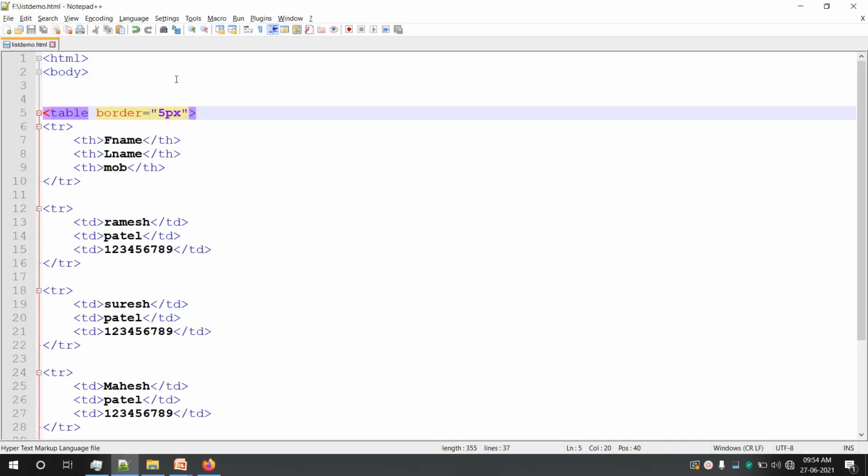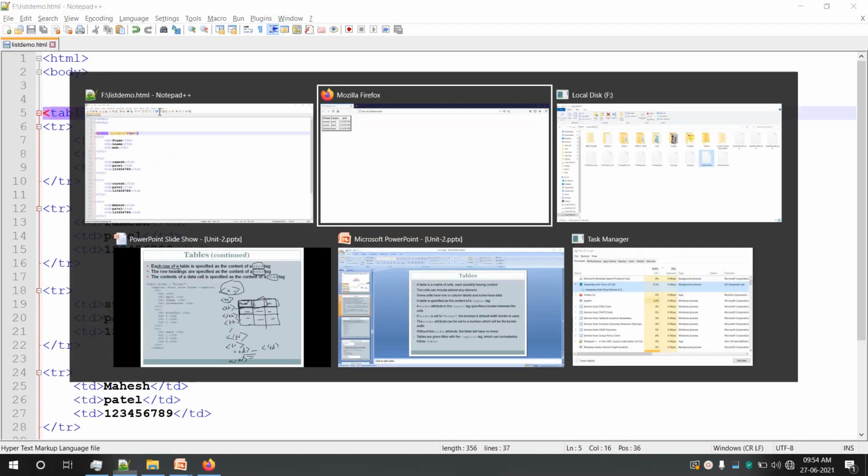Okay, you can see we have a border around it, 5 pixel border. If you still want to increase the border width, you can increase it by increasing this number, say 15. Okay. So like this you can assign a border to the table.